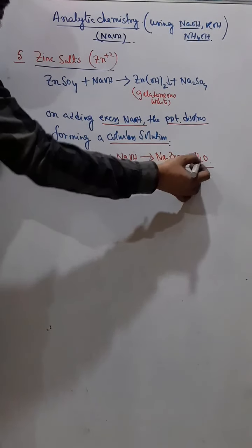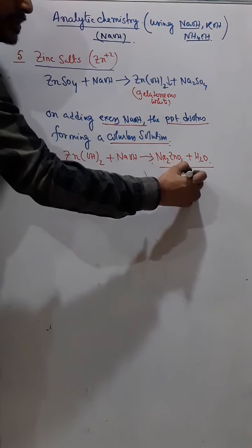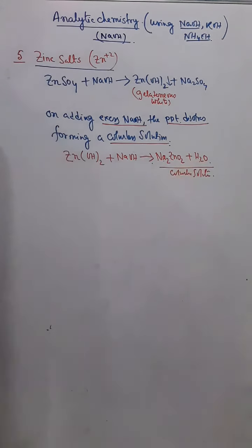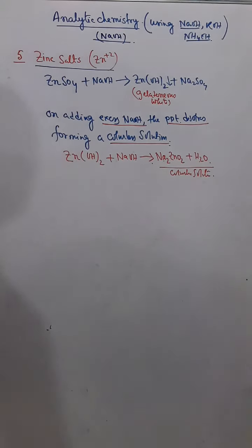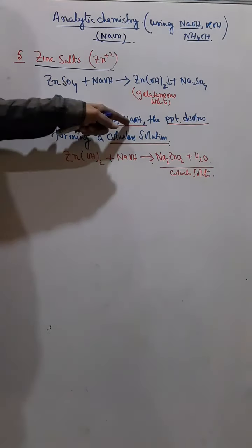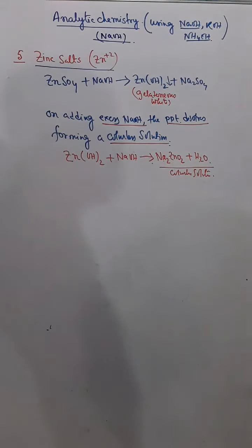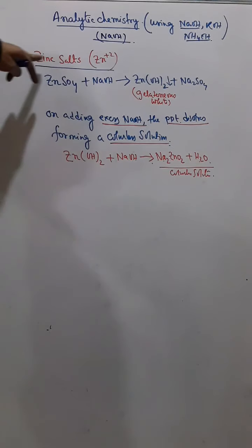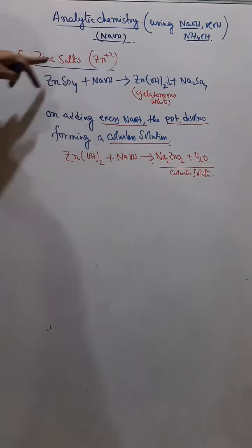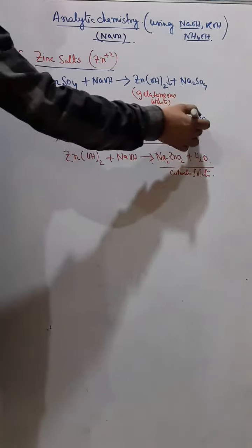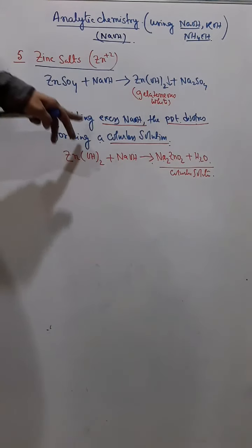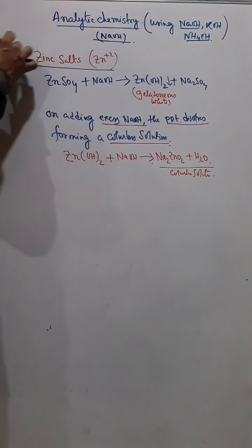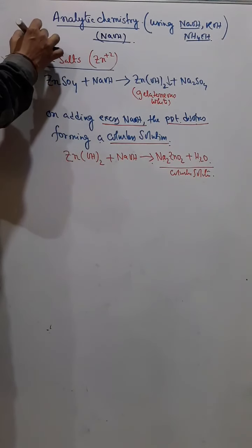So this salt dissolves in water, so we get a colorless solution. Understand? So therefore you have to remember, so far what we have done up to 1 to 4, we have seen on adding excess NaOH, all those are insoluble, except that of calcium, that was sparingly soluble. But from number 5, you see we are doing zinc salt. So remember, zinc salt on excess NaOH, it dissolves, unlike the other precipitates that we have done. So on excess NaOH, it dissolves, forming a colorless solution, and therefore this is a very important reaction.